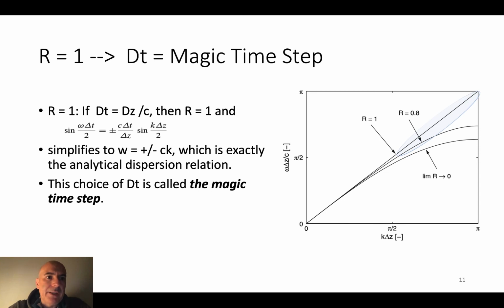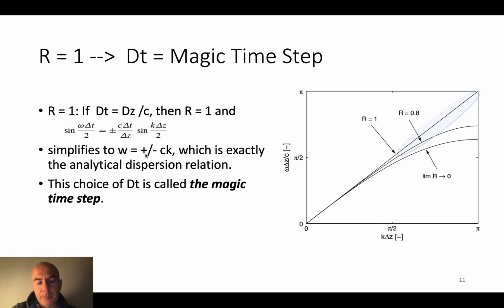So when r is equal to 1, our time step is called the magic time step. That means that the signal propagates exactly one cell per time step. If r is equal to 1, then also delta t is equal to delta z over c. Our numerical expression simplifies to